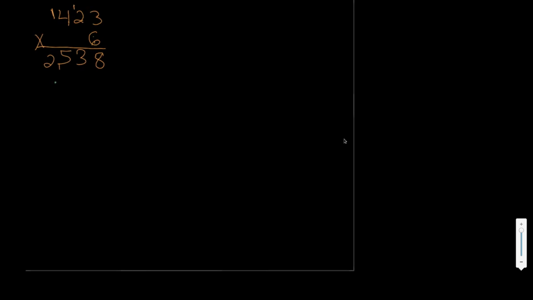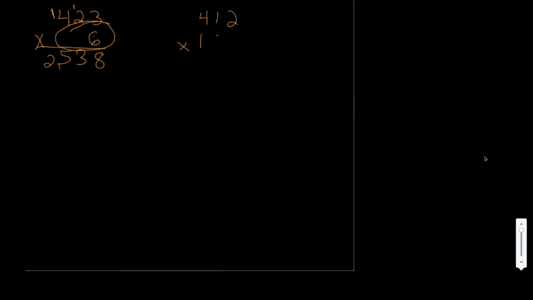So our algorithm keeps track of the number for us and keeps us moving. Well, what happens when this number is 10 or larger? So I'm going to look at 412